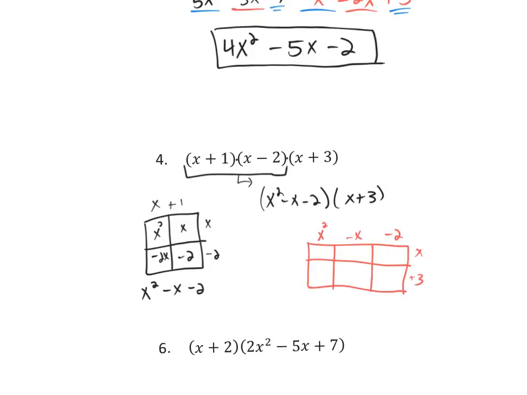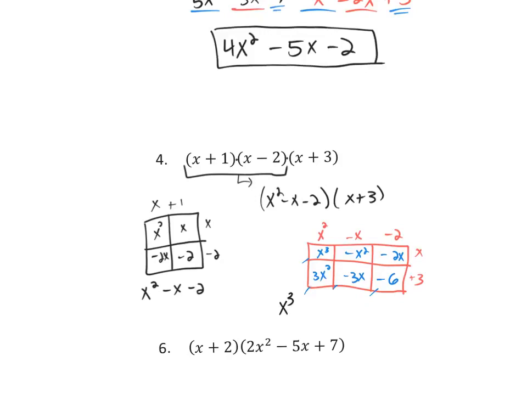So I've got x to the power of 3, I've got negative x squared, negative 2x, I've got 3x squared, negative 3x, because a negative times a positive is a negative, and then negative 2 times positive 3 is negative 6. Looks like my diagonals line up, so I am lucky, and the answer to this problem is x to the power of 3,